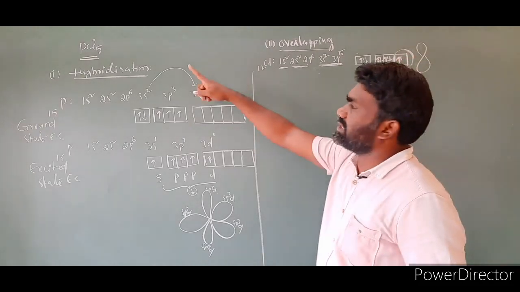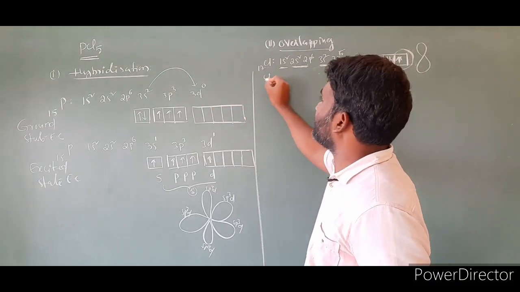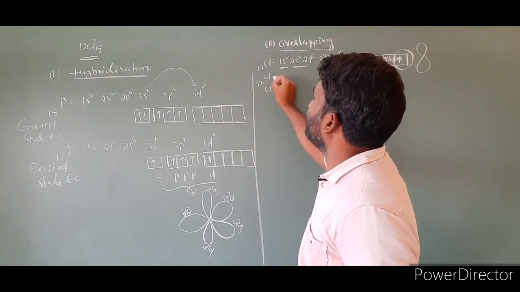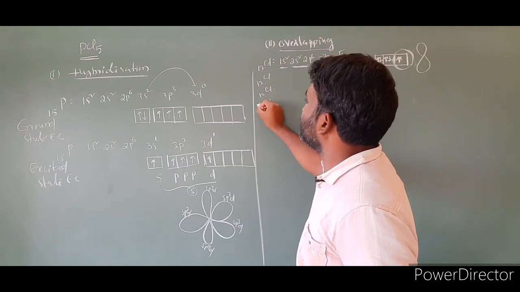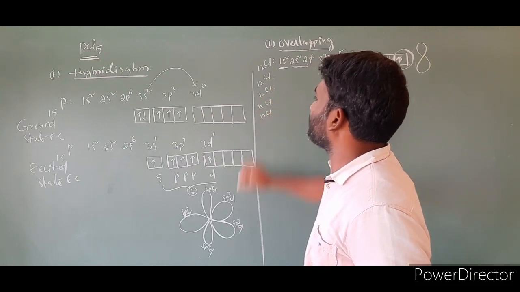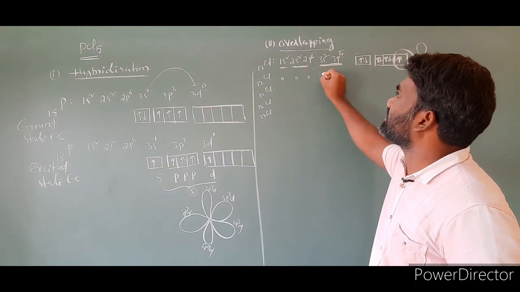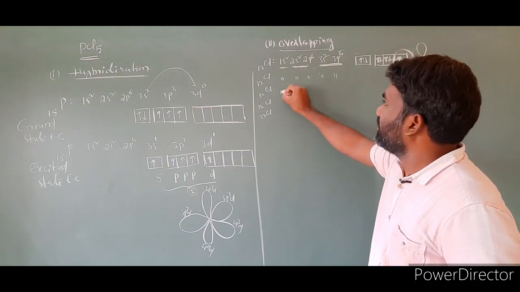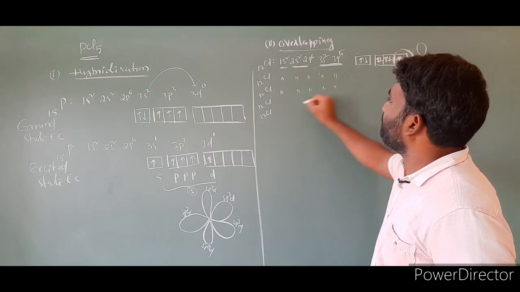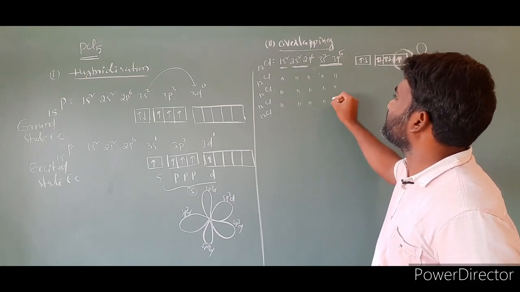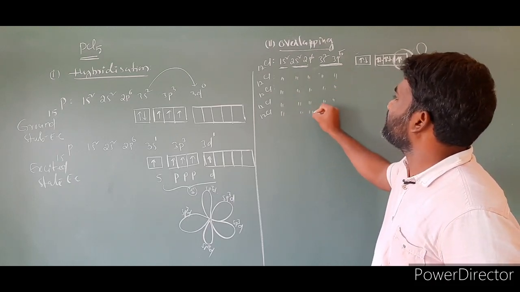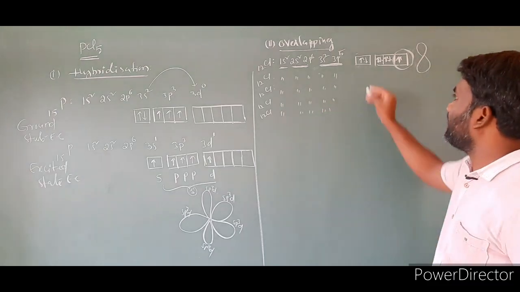Next, how many chlorines are there? Total 5 chlorines. So we have to take 5 chlorines like that. So this is the second chlorine. This is the third chlorine. This is the fourth chlorine. This is the fifth chlorine. So in total we have to take 5 chlorines. All the 5 chlorines have the same electronic configuration. For all the cases, the electronic configuration remains the same. So directly I am taking orbital diagrams.